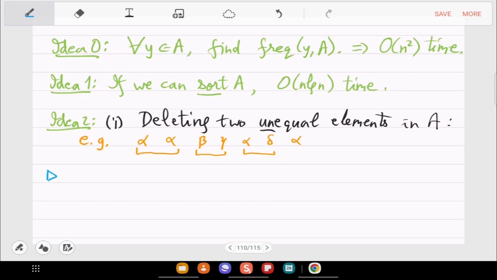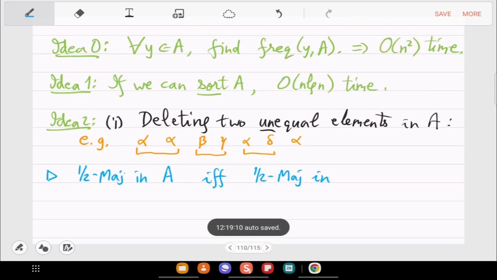Show that half majority in A, if and only if half majority in the deleted A. And half majority means greater than 50% or greater than or equal to 50%? No, no, no. Let's take strictly.